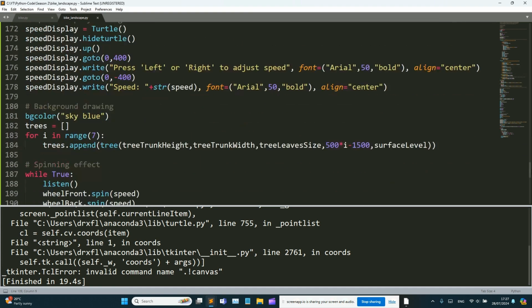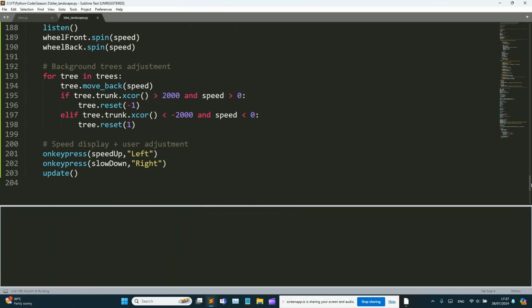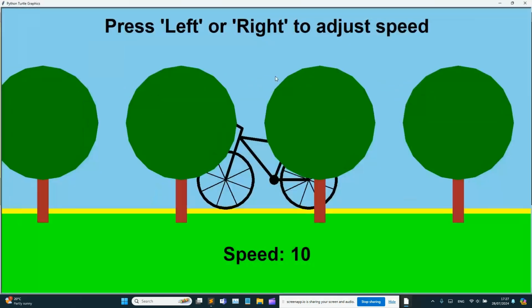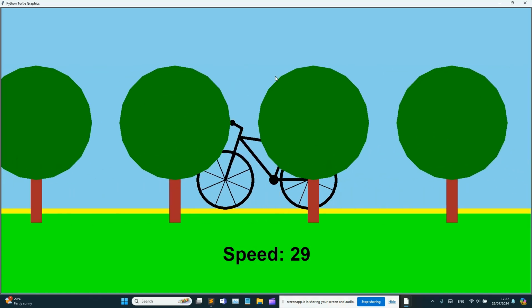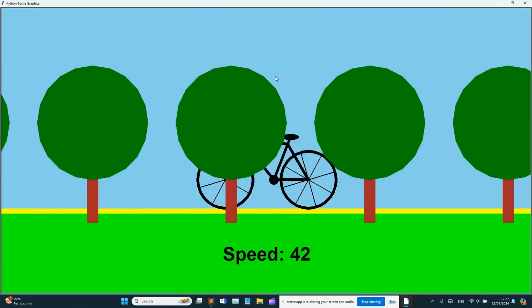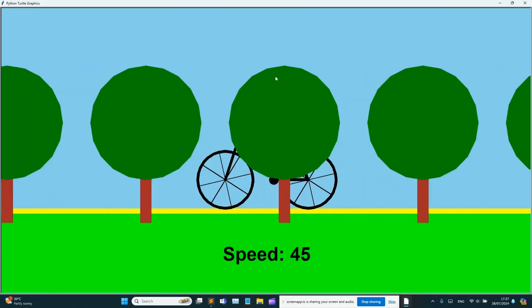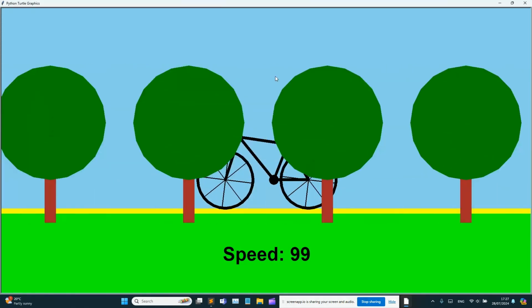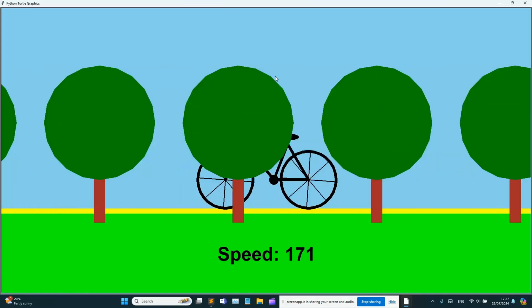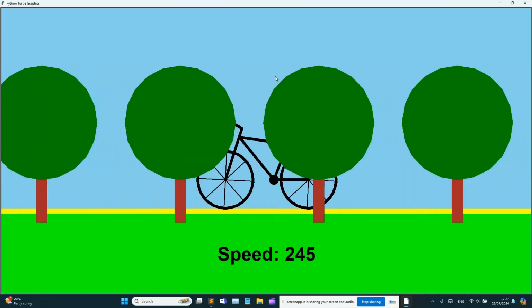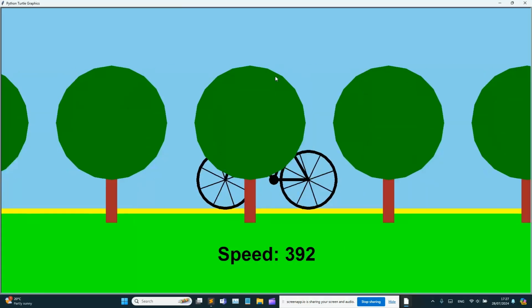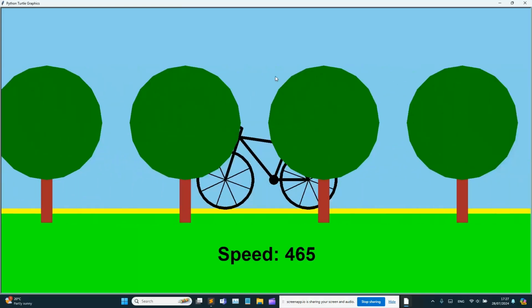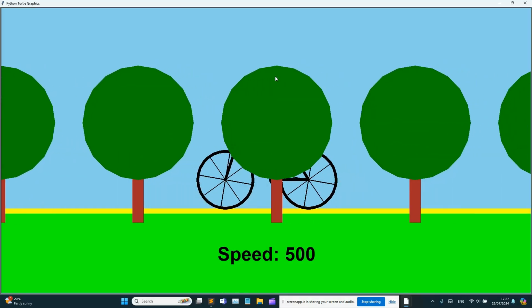Oh, I think we're done now. Oh, yep. We've accelerated to speed 45, and the wheels are now steel. We're going to accelerate up to speed 500, which means we'll make the trees stand still. In fact, the trees will be moving really, really quickly at that point, but due to the wagon wheel effect caused by the frame rate of the camera,